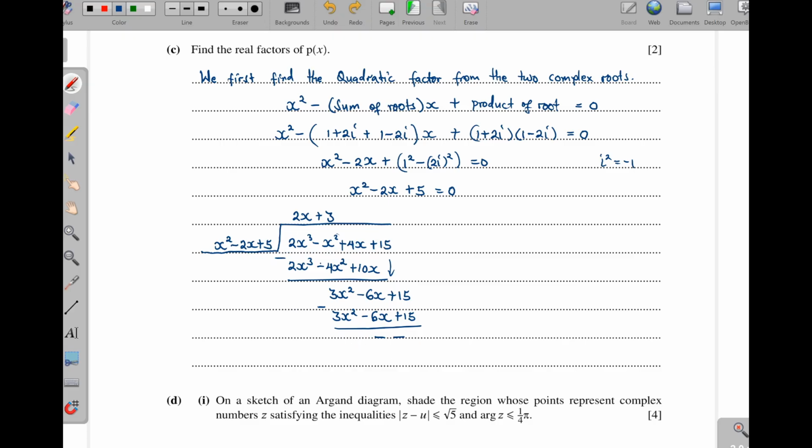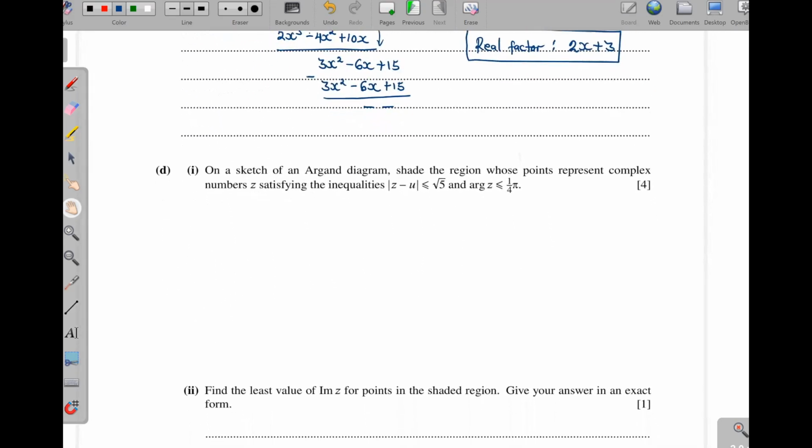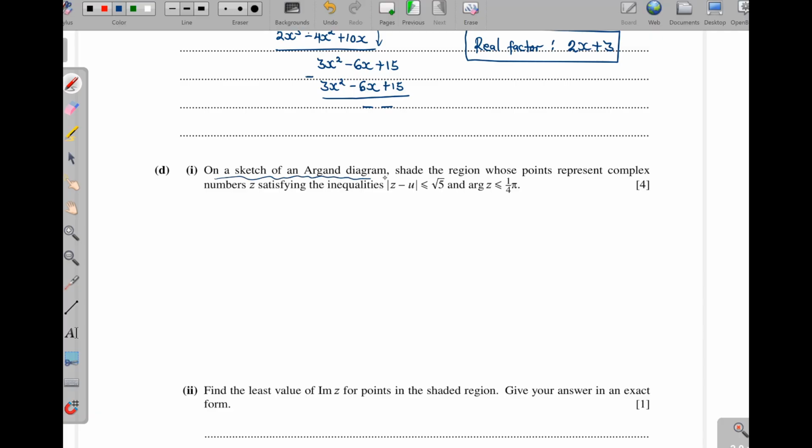Now, what are we having here? So the real factor, they even said real factors. This is just to confuse you. Are they many? It is just one. So the fact that this is cubic and this is cubic is coming from a quadratic, then times the monomial here. Okay, so what do we therefore have? The real factor here is going to be that quotient we have gotten, which is 2x plus 3, and that is that. Then part D, Roman 1, they are saying that on a sketch of an Argand diagram, shade the